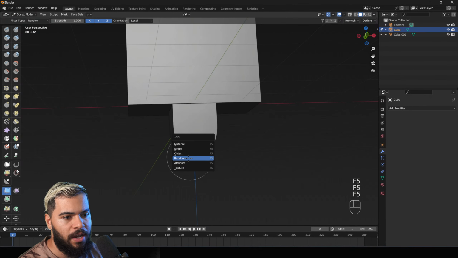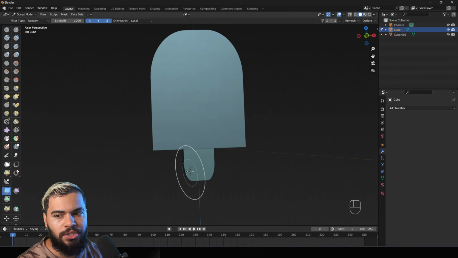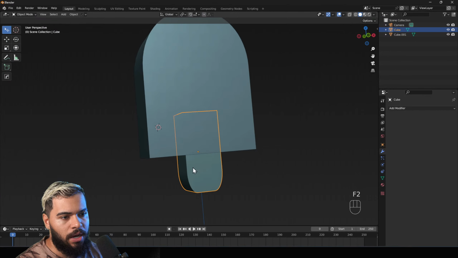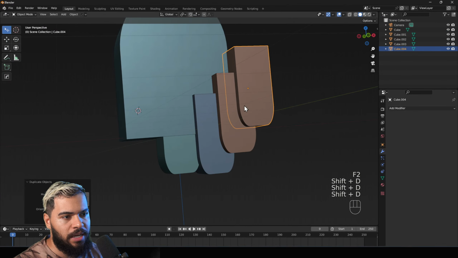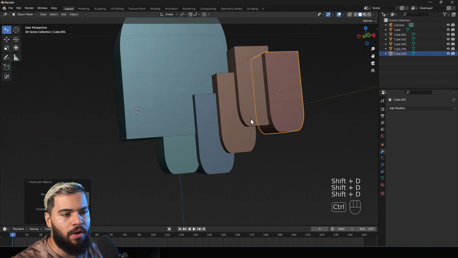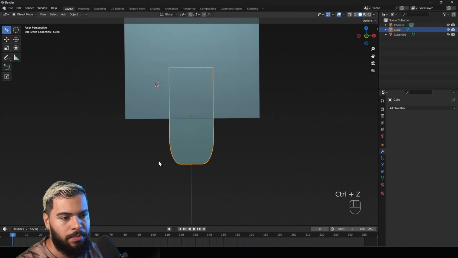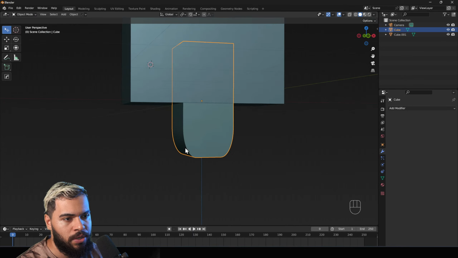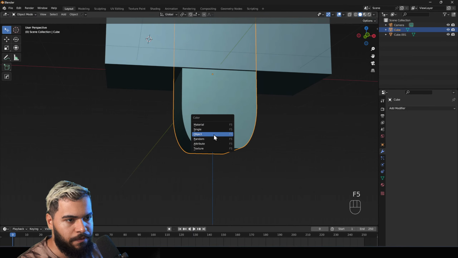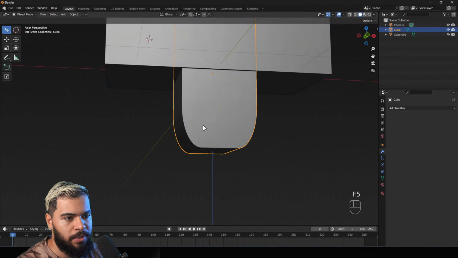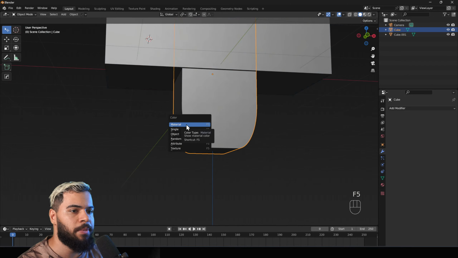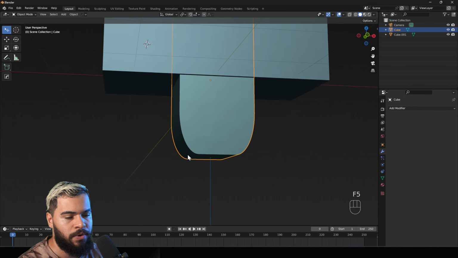If you press F5, it goes to random and changes the color. Why? Because if you duplicate this many times, many objects, it makes every object a different color. So you can see a little better how these objects are working. F5 is going to display these materials, so I'm going to use the material or the random for now.